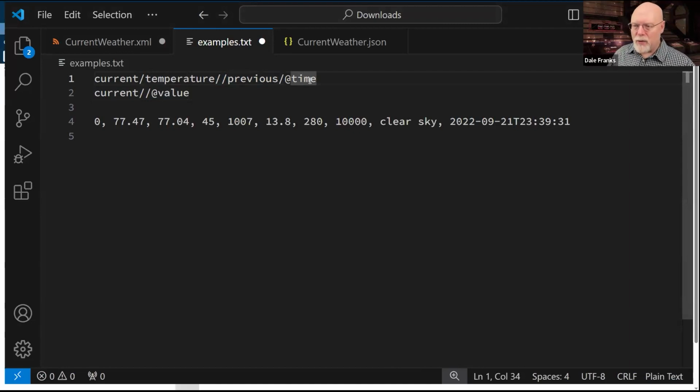I can't have 2 time nodes in previous or 2 max nodes in temperature. I can only have 1 of each. So it's going to pull back that specific data. So basically the slash is a real easy and simple way of just doing a search of your data.